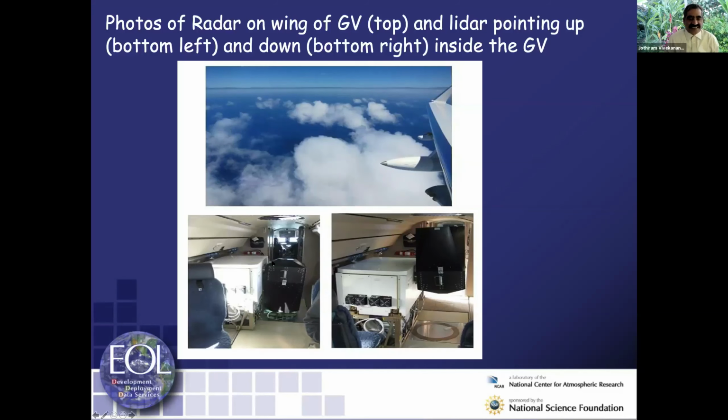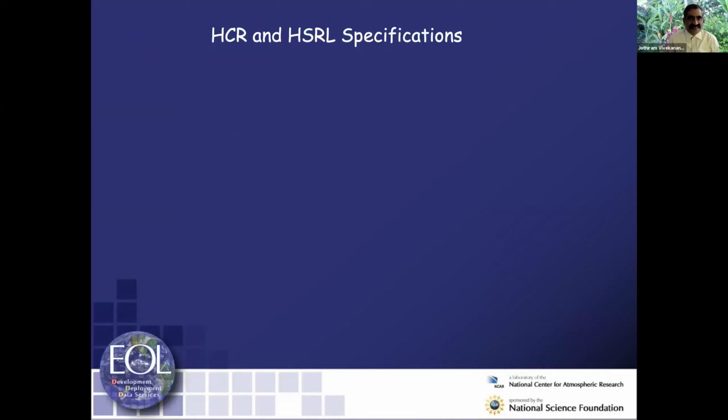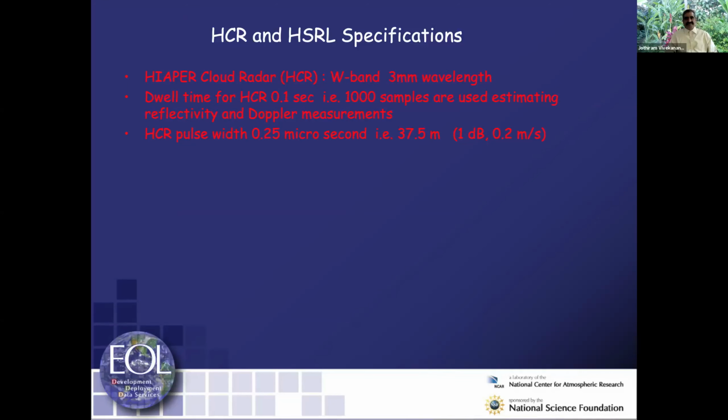The other instrument is a green light micro pulse LiDAR, a state-of-the-art LiDAR built by Ed Eloranta in Wisconsin. We acquired that instrument. Both of these instruments fly on the G5, Gulfstream 5. These two remote sensing instruments are what I used in this research. Then Jan Jensen provided cloud probe data, and these are the in situ observations.